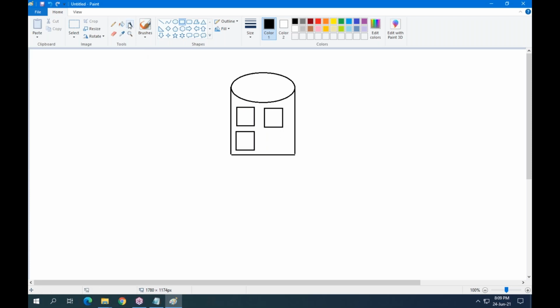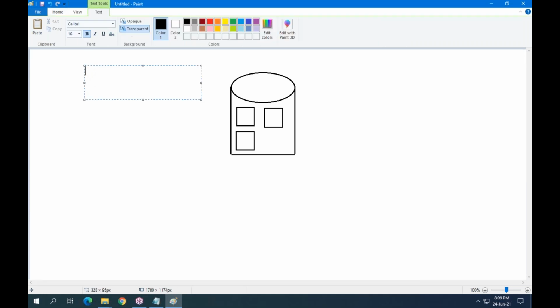Guys, why are we creating tables? In the business, we have objects. What are the objects? Employees, customers, products.